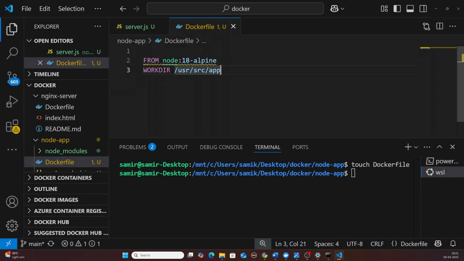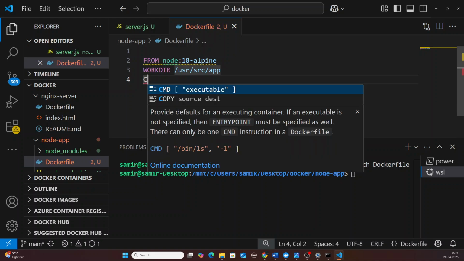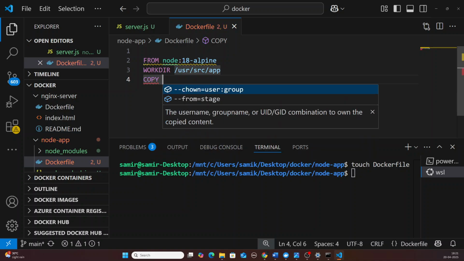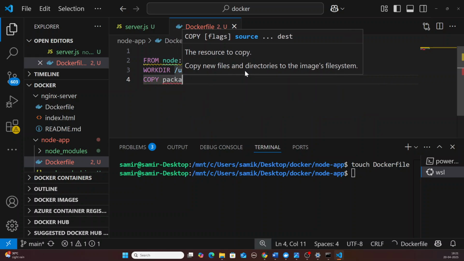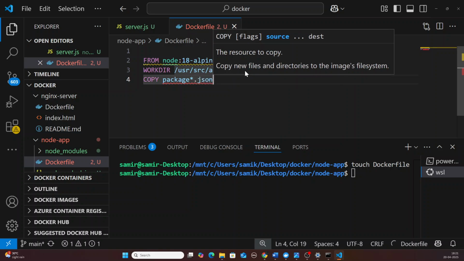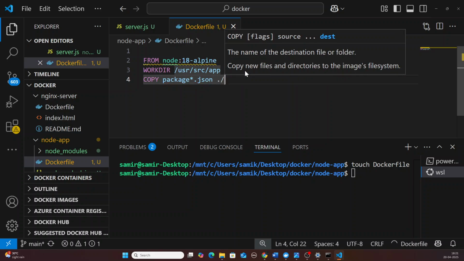After that, we'll copy the package.json file using the command COPY package*.json ./